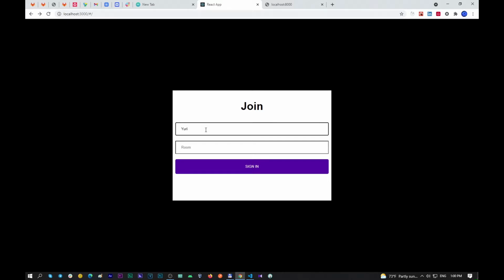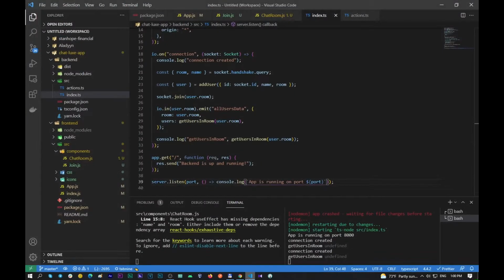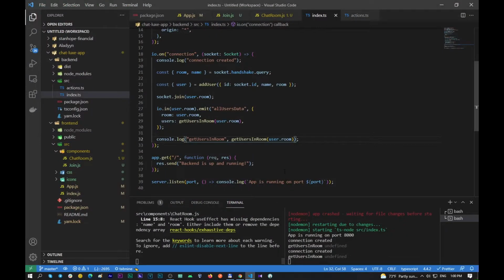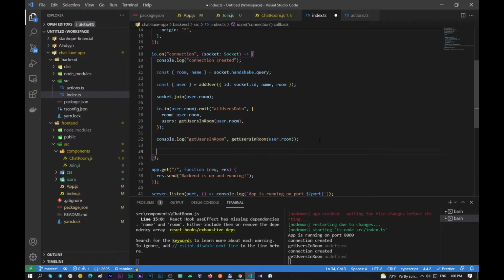Let's just check it. Yes, something went wrong, but maybe we just haven't done the functionality on the front end, and that's all. So go and write our backend to the end. So console log, and after that we need